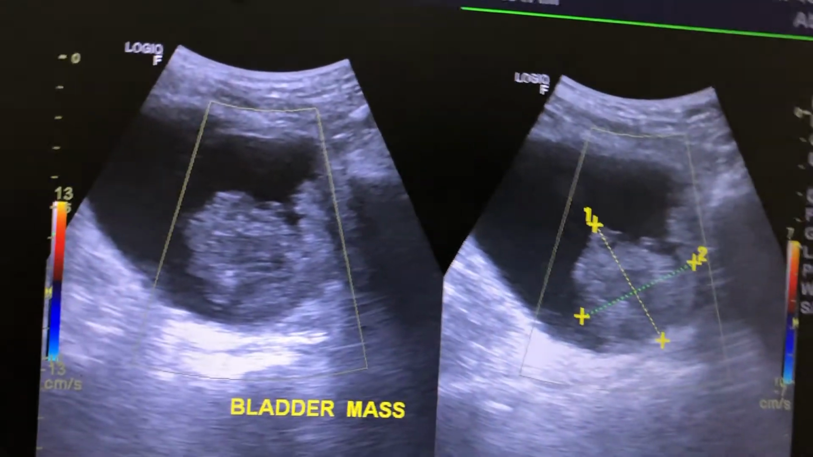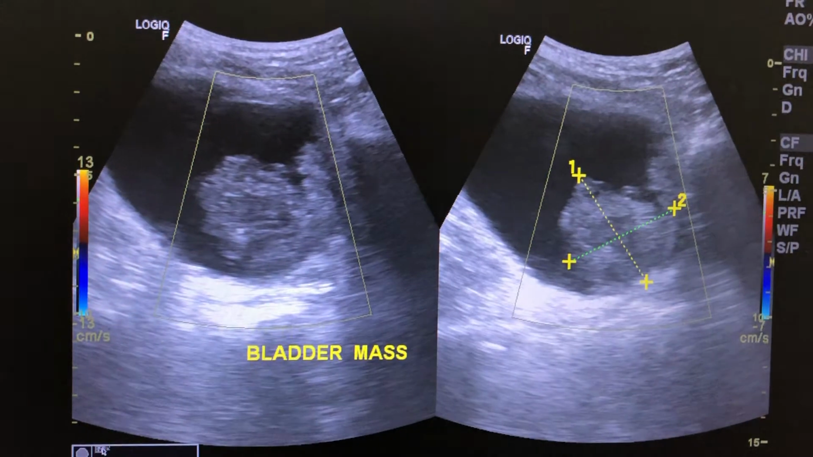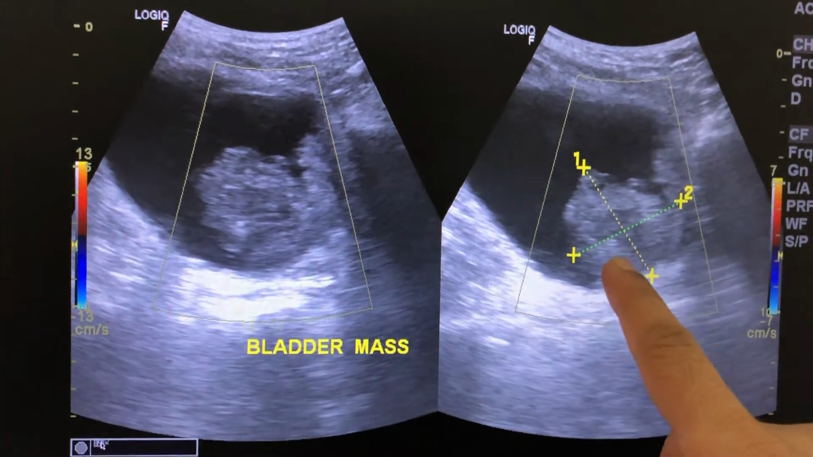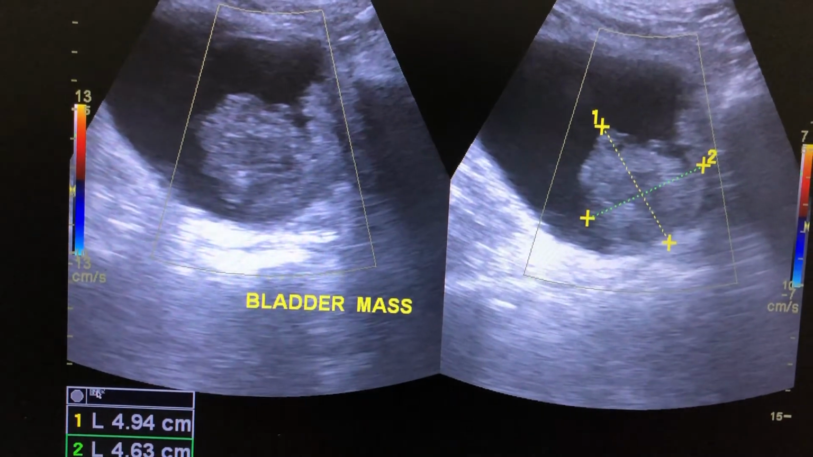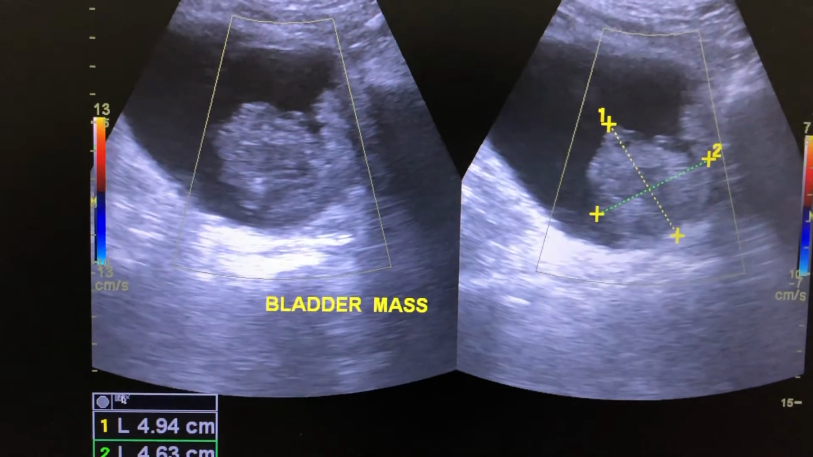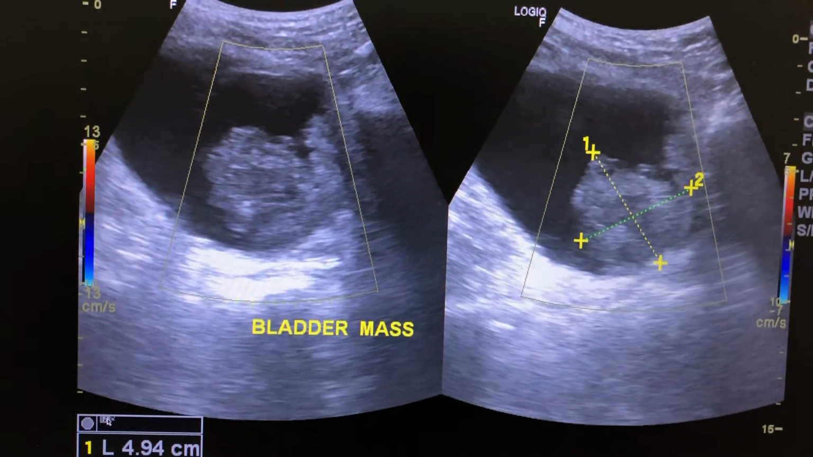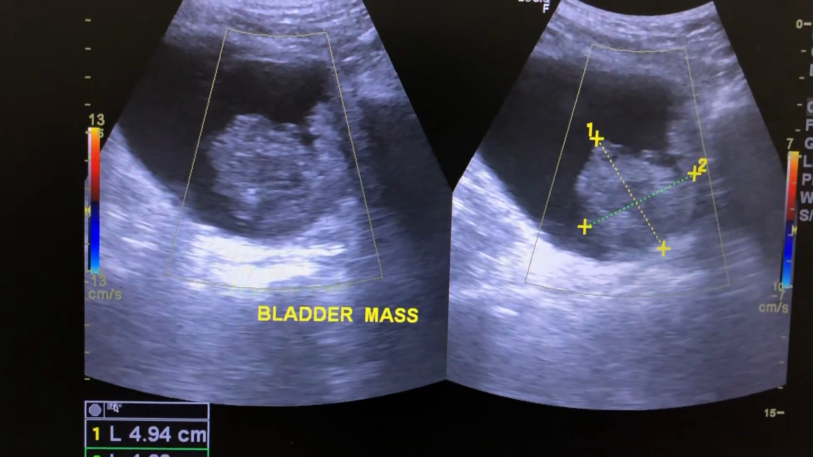So these were the blood clots. Why these were the blood clots? Because they are located in the dependent part of the bladder, and when I changed the position of the patient and scanned the patient in prone position,